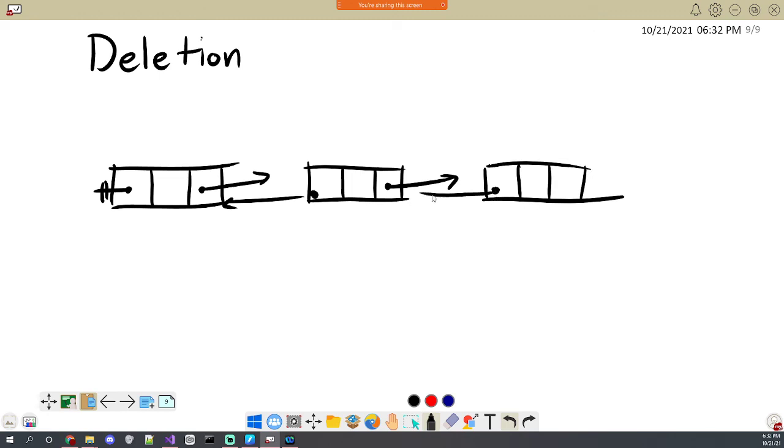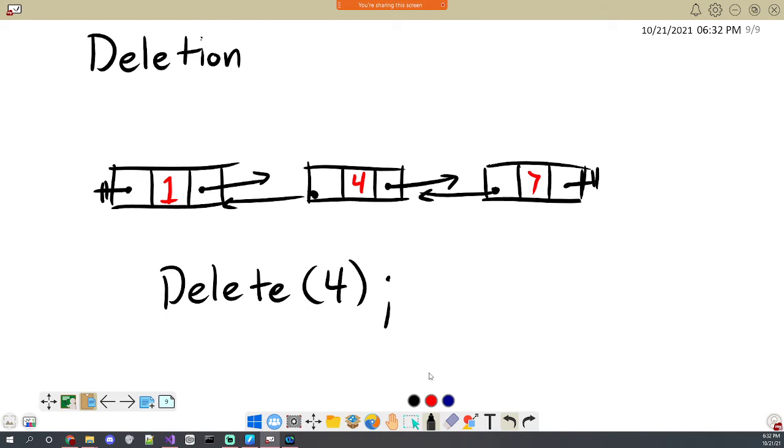It'll be pretty much exactly the same code, except this time it's actually, I think, a little bit easier than when we did it with a singly linked list. And that's because we have these arrows going both directions now. So let's say I want to delete whatever's here. Let's say this is 4, 1, and 7. If I was to call delete, and I wanted to delete the number 4,